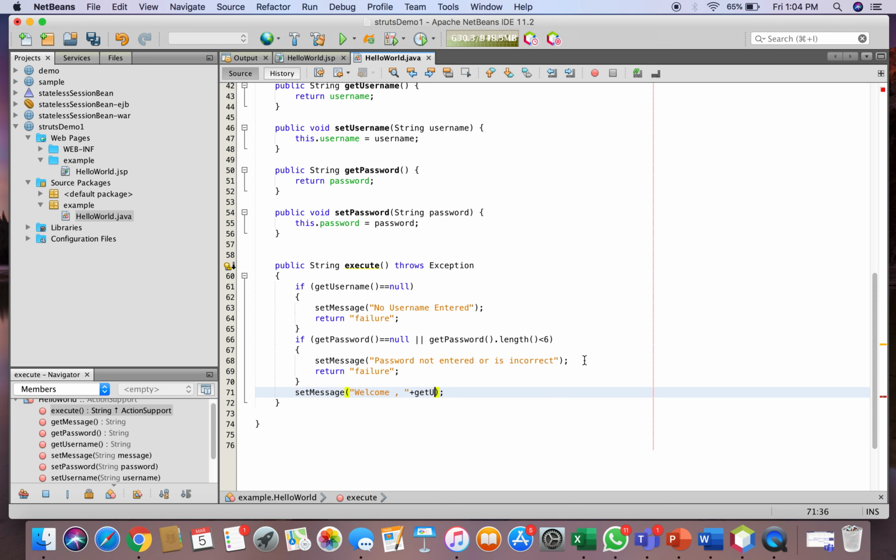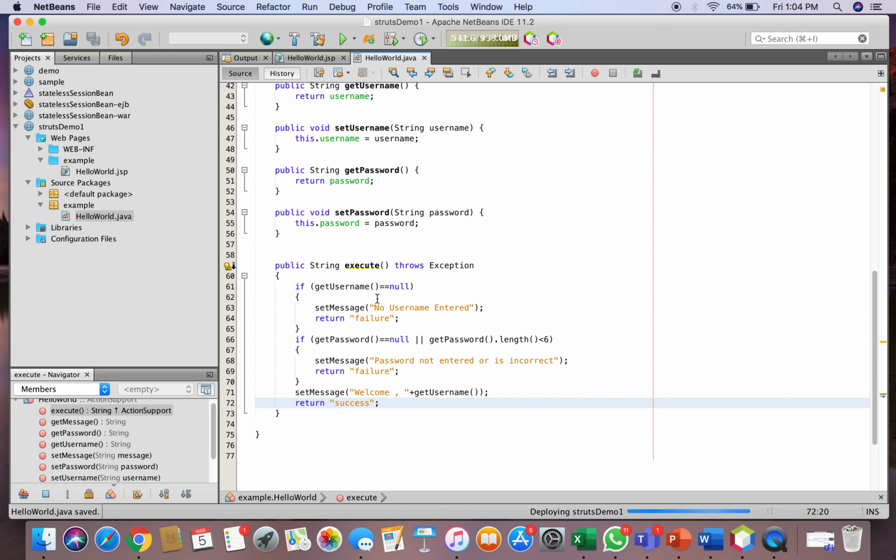So I'll write getUsername, and at this point I will return success. This is what the execute function is doing. It first validates both text boxes, and if both are correct, it sets the message as welcome and the username, and returns success.